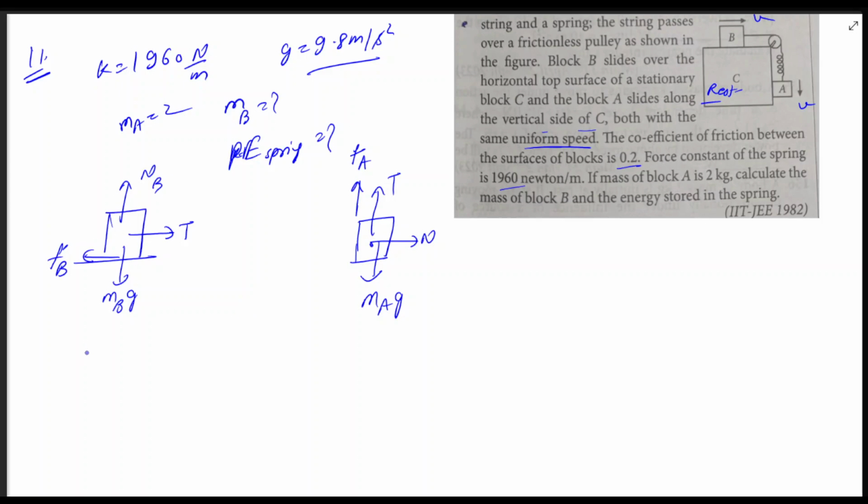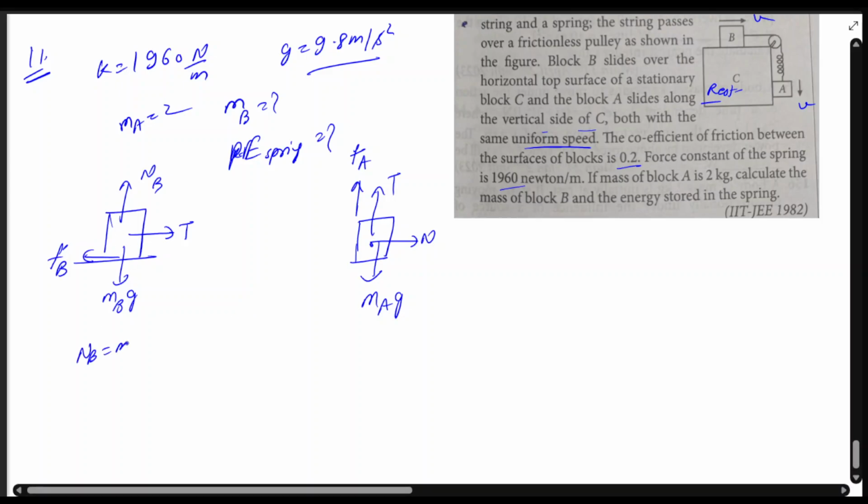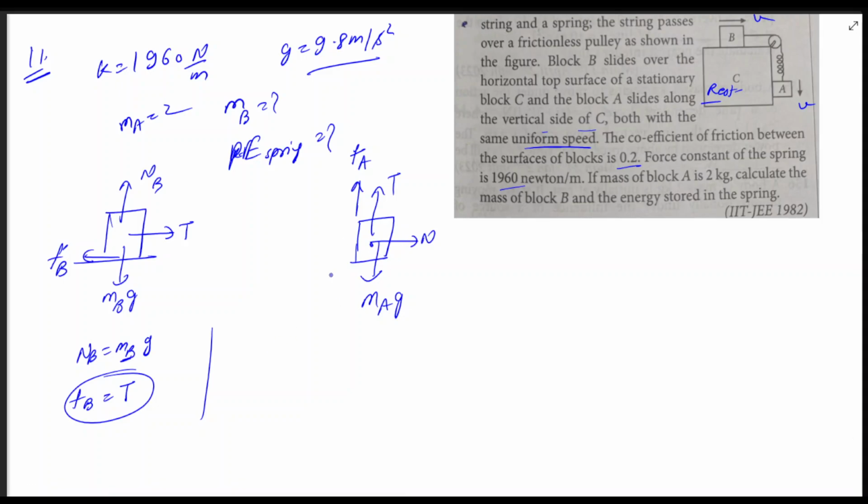Okay, let's first solve this. So NB will be MBG and FB will be tension, right? And I don't know MB, so let's just leave it like that. Now here in this direction there is only normal, so normal must be 0. Normal is 0, then FA is 0. So this is 0, this is 0. So we'll simply have tension as MAG,